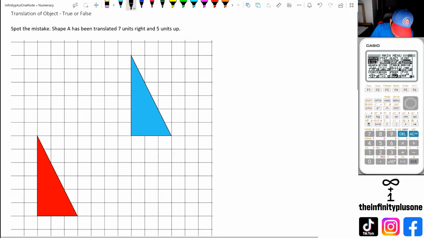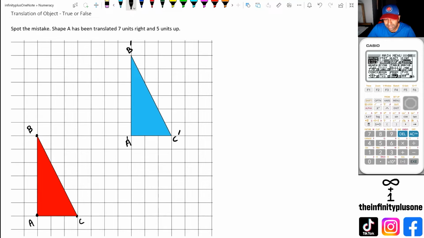So the best way to do this, as always, I am going to create a few set of points. So I've got A, I've got B, and I've got C, which means for my triangle, I'm going to have A dash, B dash, and C dash. Now it's really important for these kinds of questions that you actually check every point, because sometimes you can actually make little mistakes. So I'm going to start with A, and what I'm doing is for value A, I'm going